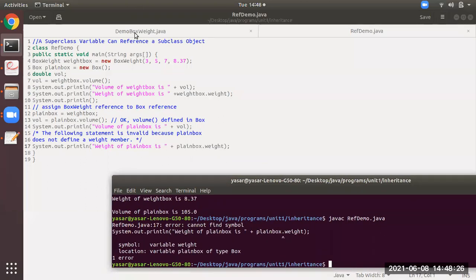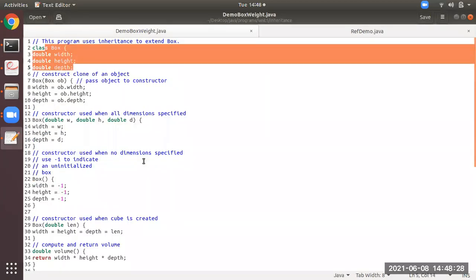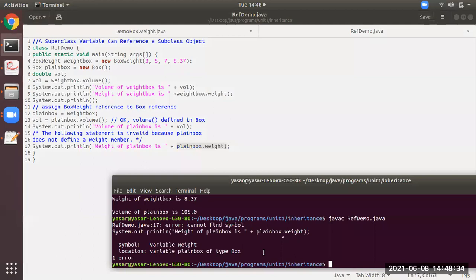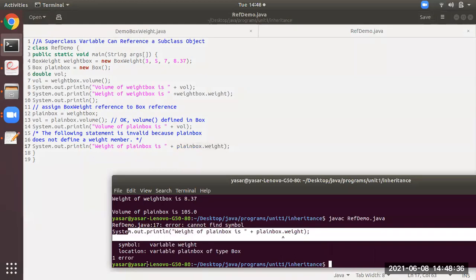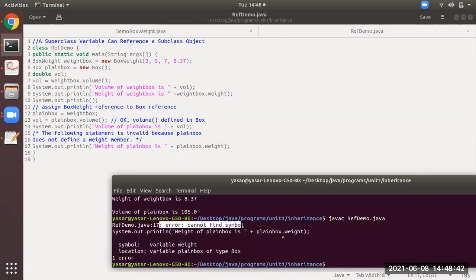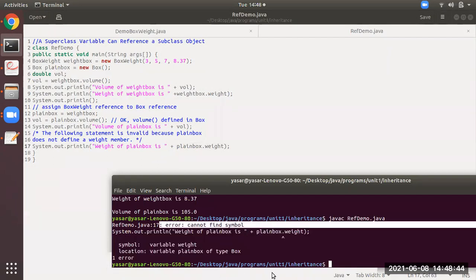As I showed you here, in class Box only 3 variables are there, width, height, depth. I'm clicking this, there is no weight variable. So that is why it is mentioning at this line that variable weight is having an error. Why? Because it cannot find symbol. I hope you all have understood this, students.